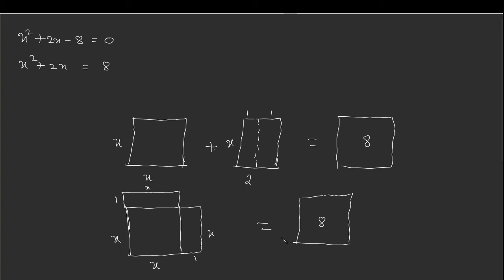Okay, now what I have to do is I have to complete this square. To complete the square, this is not an exact square because the gap is here. To complete this square, I need to fill this gap. So I'm drawing this here in dotted lines. So what is the quantity of this area? The quantity of this area is 1 unit square, right? Because this is 1 and this is 1. So that is 1 unit square. 1 into 1, 1 unit square. So this will be equal to 8 unit square.